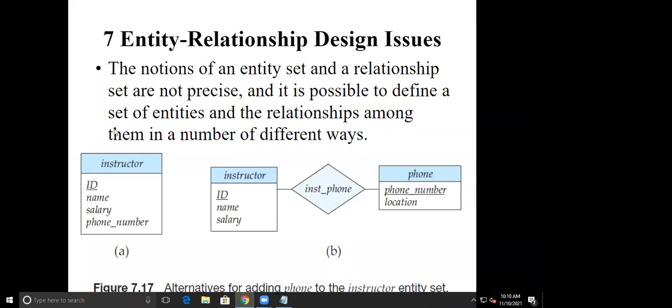It is possible to define a set of entities and the relationships among them in different ways. म्हणजे या केसमध्ये माझा पर्स्पेक्टिव्ह कसा आहे, एकतर असा असू शकतो किंवा असा असू शकतो. सो म्हणजे हे बरोबर आहे हे चुकीचं आहे, किंवा हे चुकीचं आहे हे बरोबर आहे. No, this is also correct, this is also correct. That is called as a design issue. म्हणजे एक इश्यू आपण कुठल्या वेने हँडल करू, that can be taken. Clear with this?